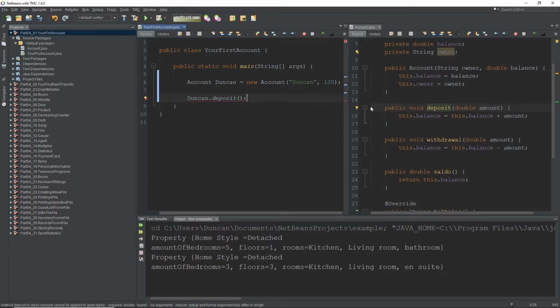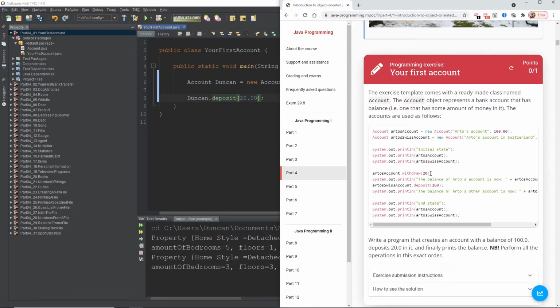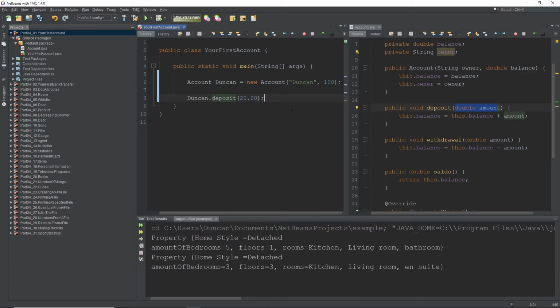We've got an error because if we look at the deposit method, it's expecting us to pass a double. Okay, and the double that we are going to pass is 20 because they ask us to pass 20 here. And then finally we need to print the balance. So I'm guessing that saldo is going to be the balance print. So we've got that. And then what we're going to do is, we're going to do